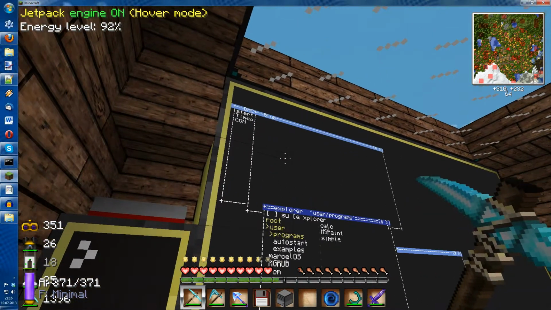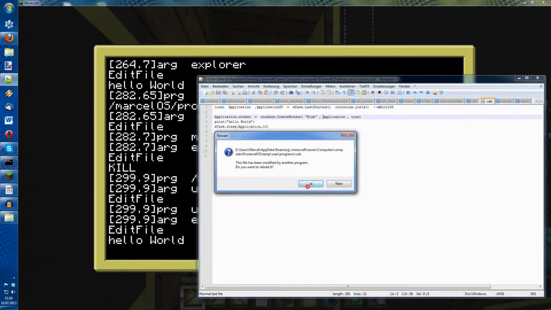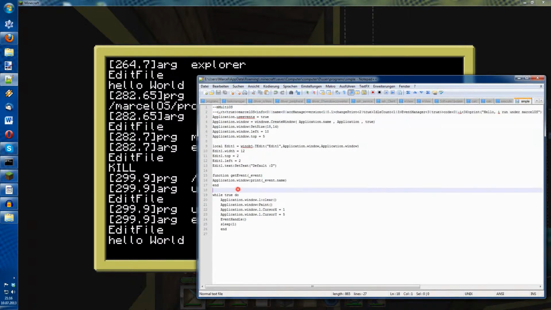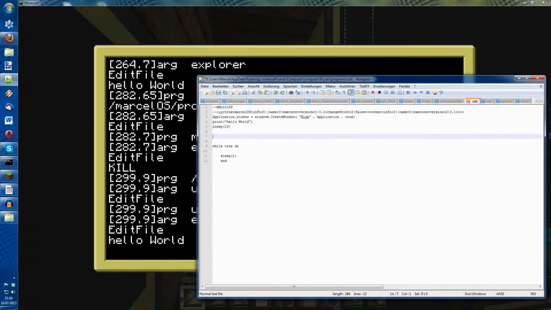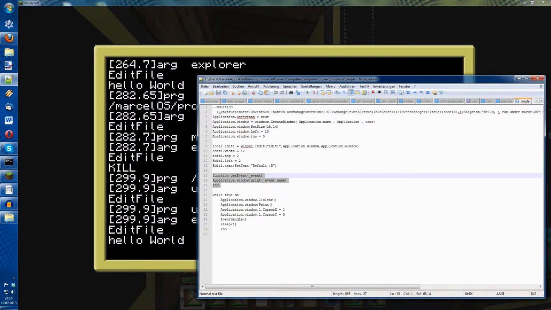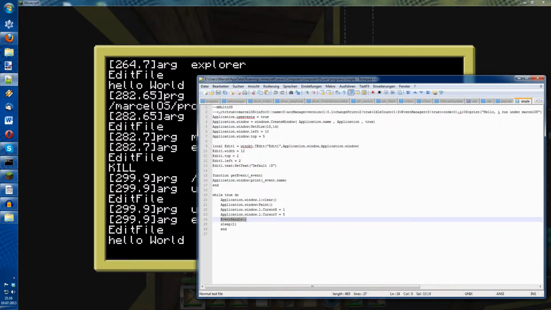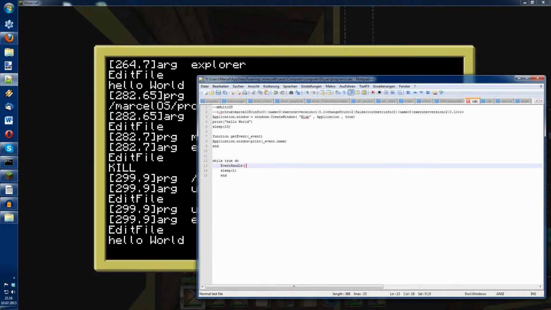Now we want to do something with it. We want to use events. To use events, you have to do two simple things. Make a get event function and then write handle event. And then add the event manager true right behind your change point. What that will do is that it will automatically create a function called event handler, which we call get event for every single event